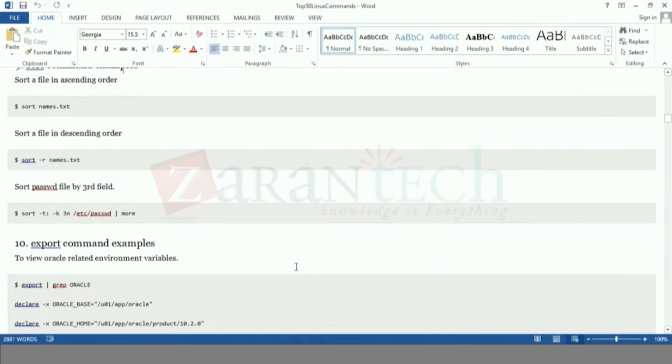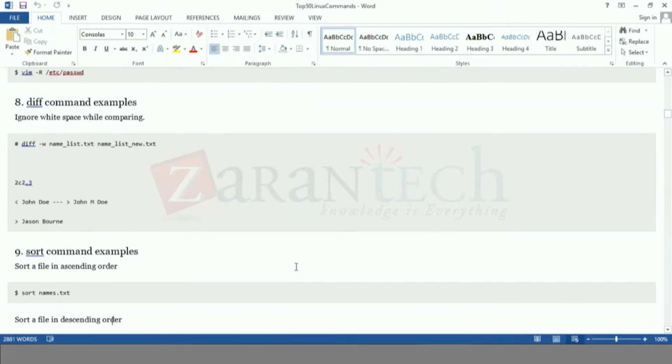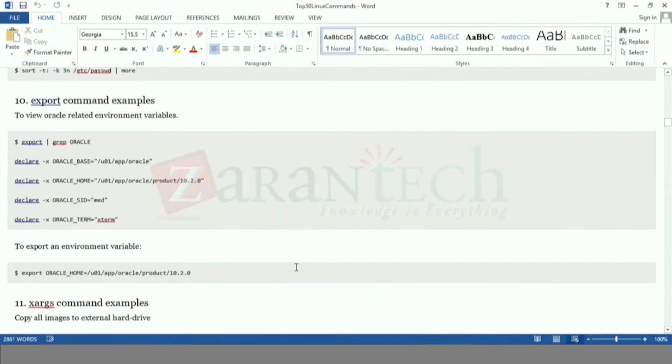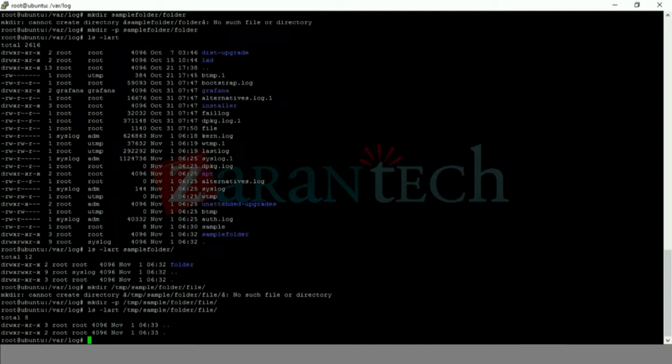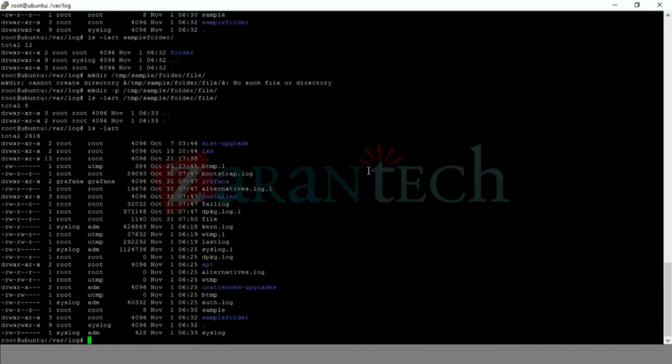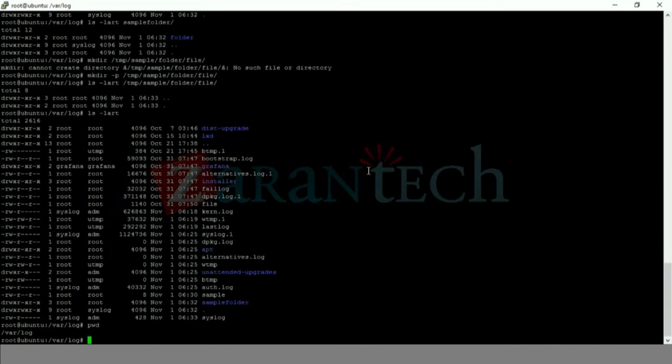Diff and then sort command, and then export. Okay, so now the next part is that we are going to do